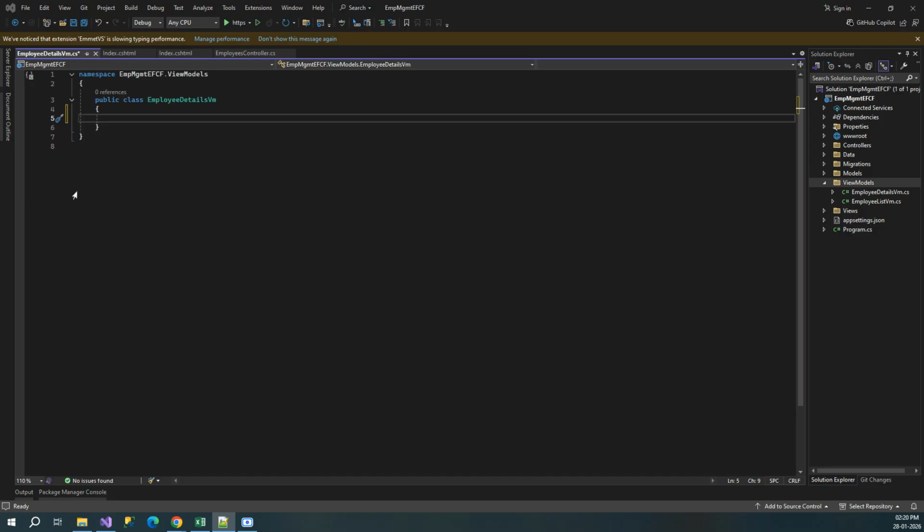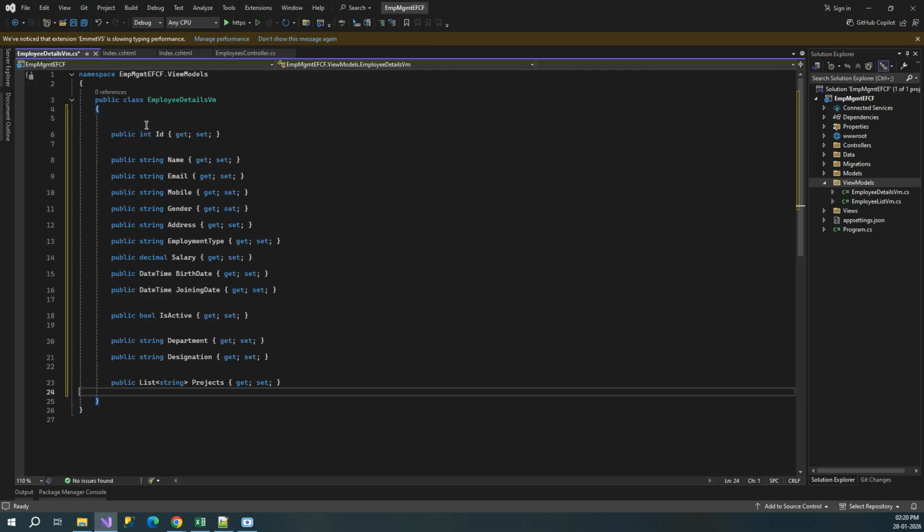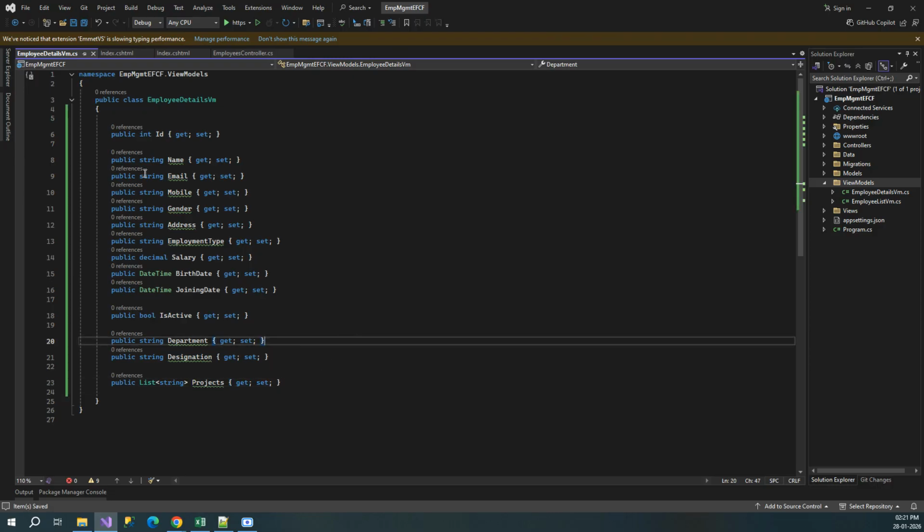So I have the properties ready. Let me copy paste them over here, right? So we need almost all the information, but rather than just the ID for department and designation, we need names. And for projects, since employee and projects are a many-to-many relationship, we'll have to list down all projects associated with the employee. So we have taken projects as a list of strings property because we just need the name over here. Let me save this view model,